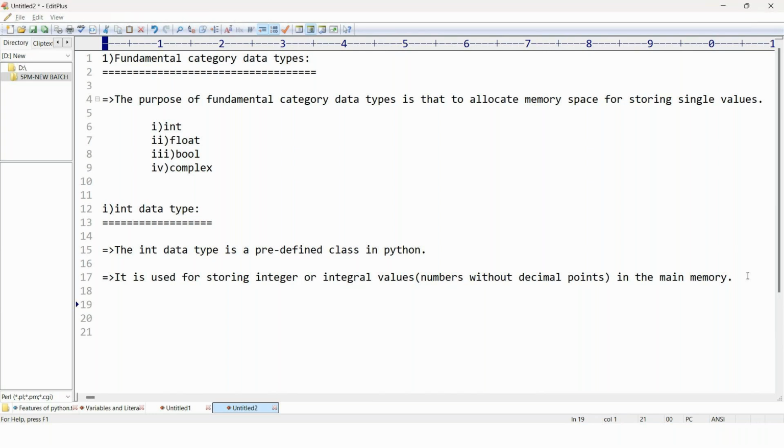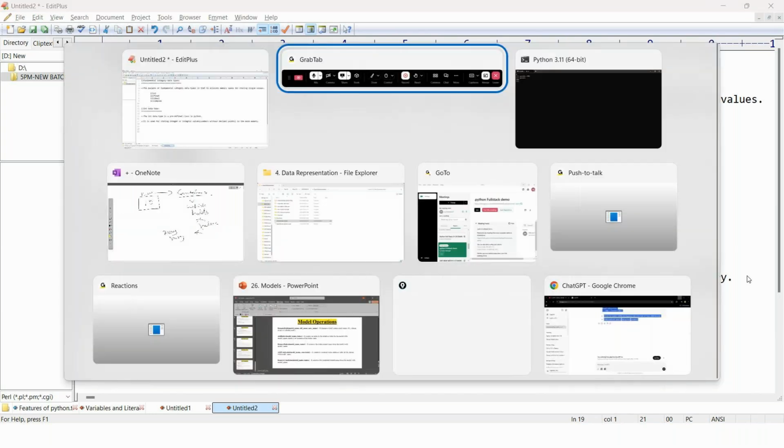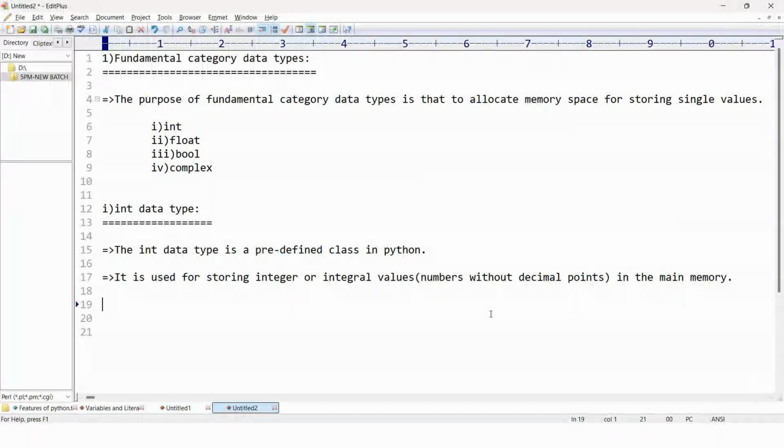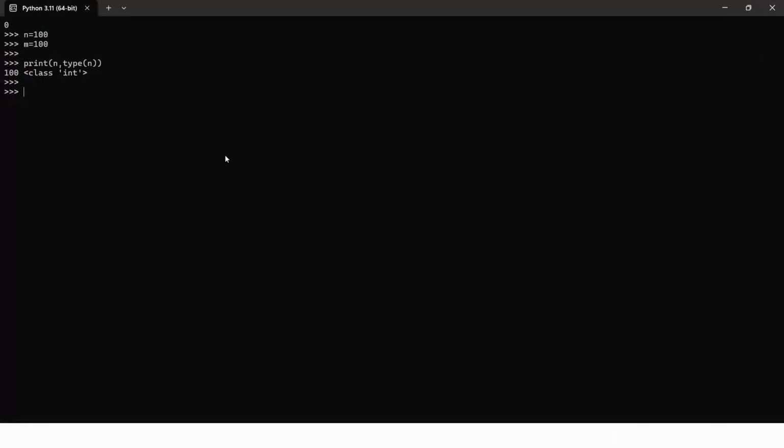So example I can take something like a number, let's say n is equals to 100, okay, and let's say m is equals to also 100. If I go for print of n comma type of n, okay, here you can check this is the type of n. So why I am saying it is a predefined class: integer data type is one of the predefined classes.